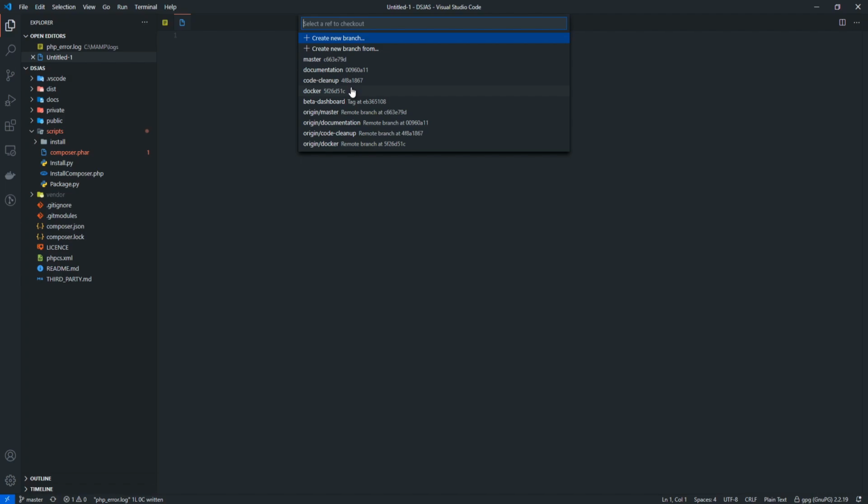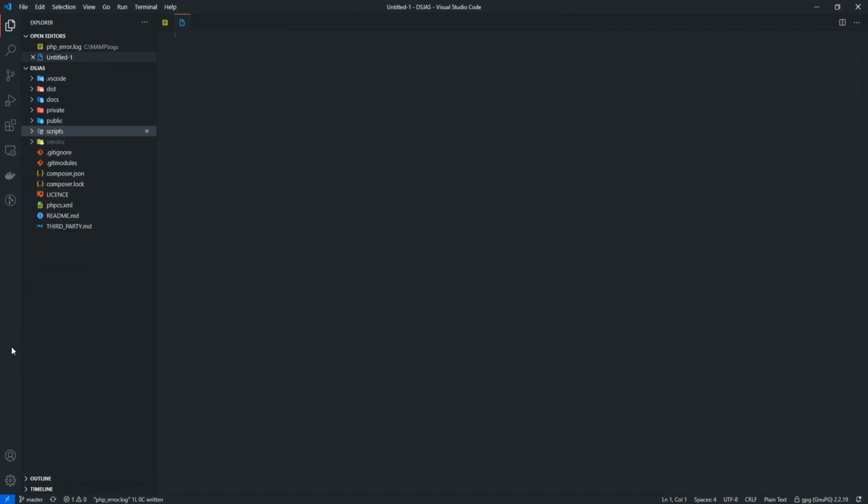I'm going to move on to all of this different stuff individually, but you can see we have a Docker branch, one for developing dashboard features, one for cleaning up the code, which is a code cleanup operation. We've got a documentation development branch, and then obviously just the master branch. Everything's being just based off the master branch at the moment, but I'm starting to base things more off the code cleanup branch, because the code is a lot different inside of that branch than it is in the master branch right now, because there are actually some breaking changes that we need to fully test on the code cleanup